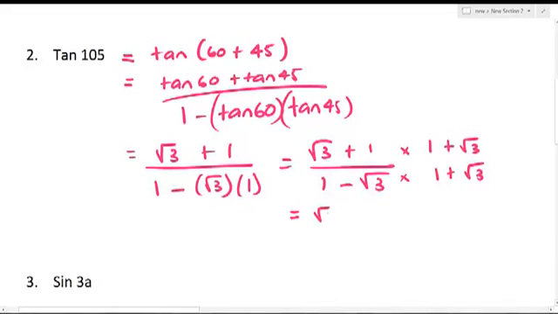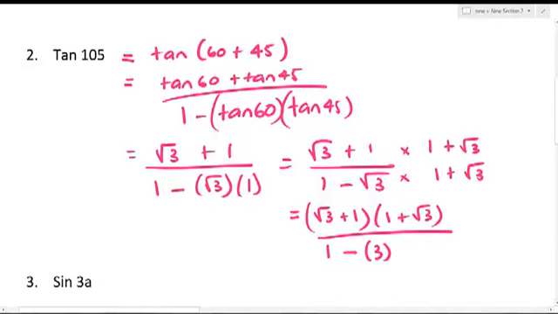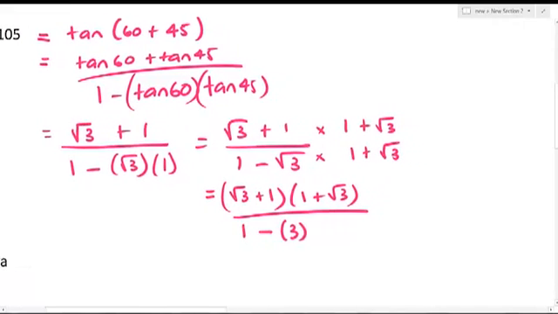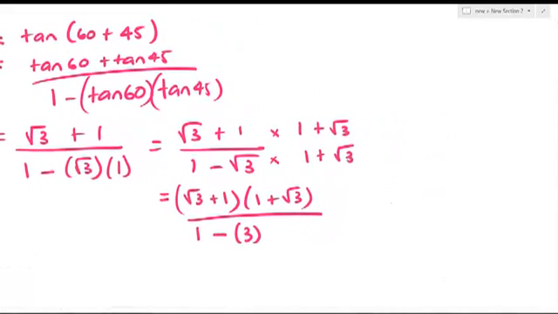So what we have here is root 3 plus 1 brackets times 1 plus root 3 all over 1 minus 3. So I'm going to scroll over to get some more space. Okay, so we have two binomials, so we'll expand the binomials. Root 3 times 1, root 3. Root 3 times root 3 equals 3. 1 times 1 is 1. And 1 times root 3 gives you root 3